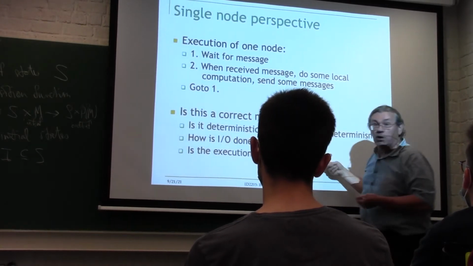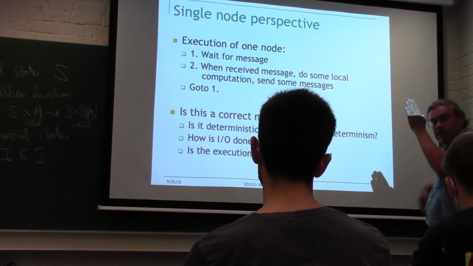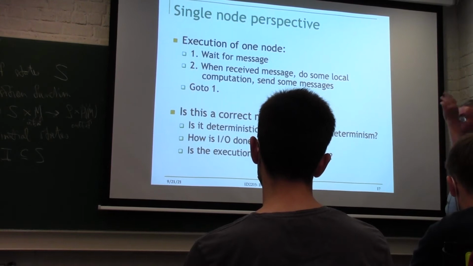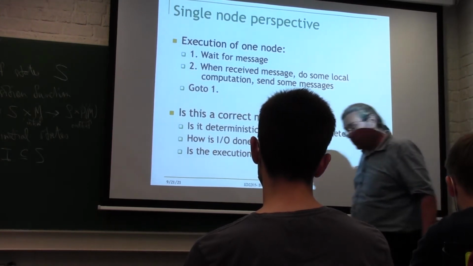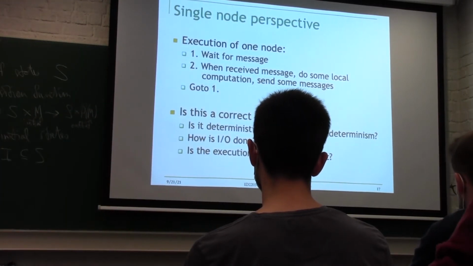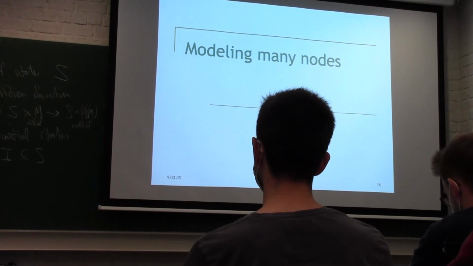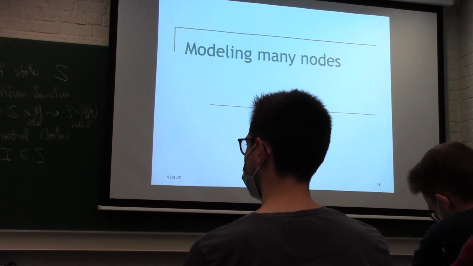So this is atomic. We will never see an intermediate state. We will only see actual states of the transition function, even if it's a long computation. So the nodes are doing atomic transitions. You see that's all one node. Now let's go to many nodes. That's it for one node. We know how it works now: the out buff and the in buff.